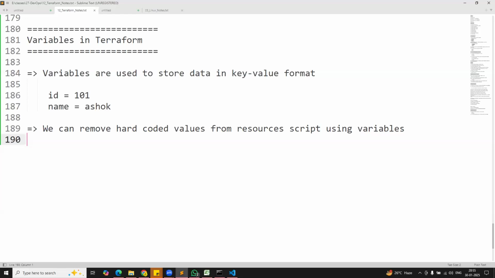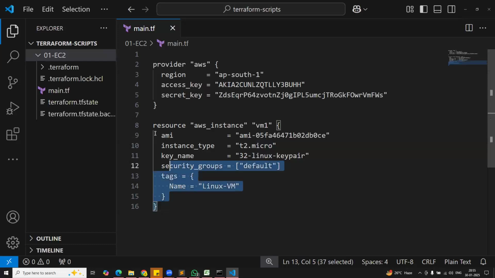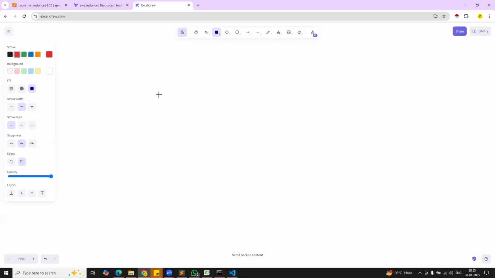Okay, so how to specify variables? So for AMI, what is the value? Instance type, what is the value? Key pair, what is the value? So that we are specifying here directly in the script, but it is not recommended in the real time. So that is the reason what we are going to do is here we are having